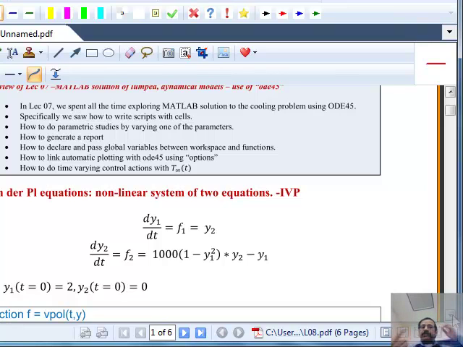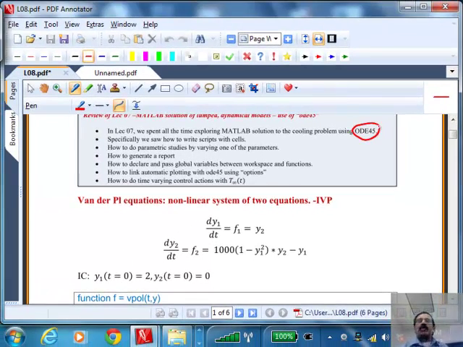So in the last lecture, we saw ODE-IVP. ODE-IVP is one function that is good for certain classes of ordinary differential equations. These are initial value problems that we are solving. Today I'm going to illustrate something called ODE-IVS, and we will see qualitatively what the differences between those are and why we choose one versus the other.